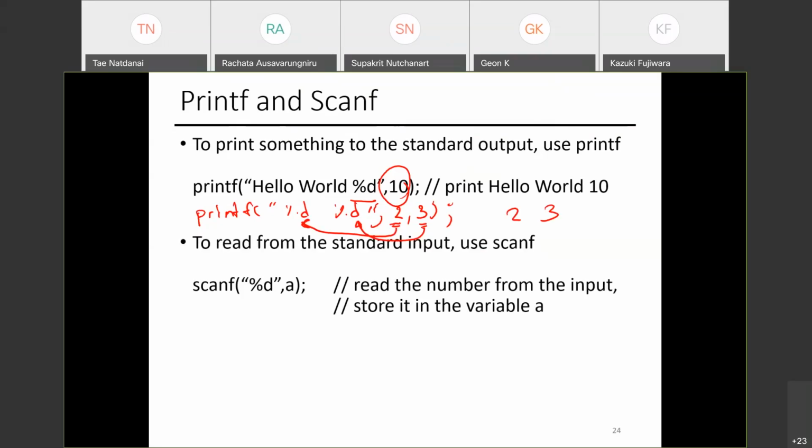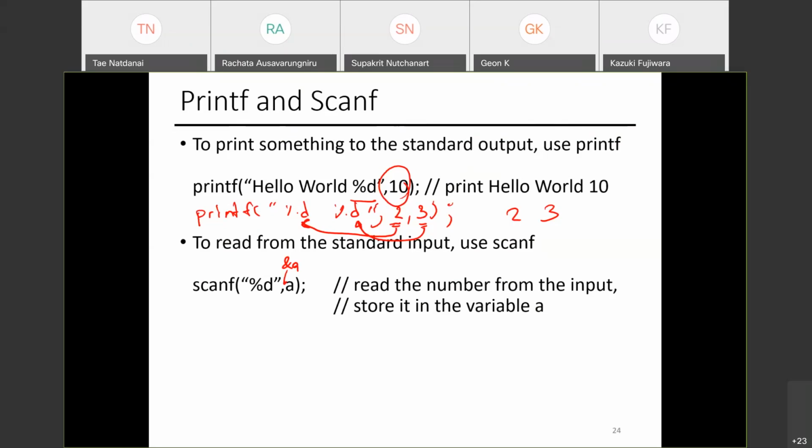And then to read from standard input, you can use scanf. For example, here, one thing missing, actually, you would need to do. If you type in scanf %d a, it would complain. Basically, this reads the number from the input and stores it in a variable a.